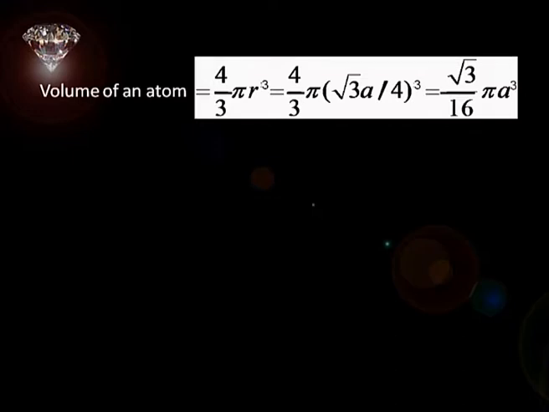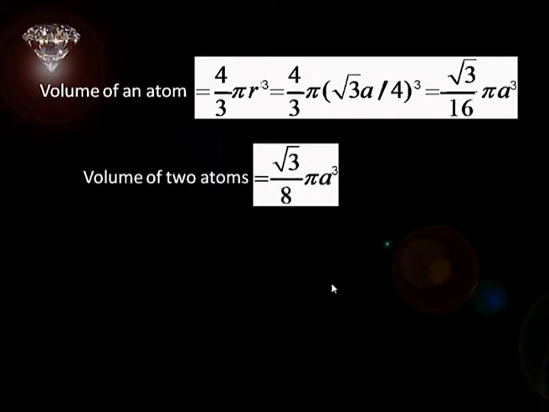So, as before, we now compute the volume of an atom, which is 4 by 3 pi R cube, and substitute R by root 3 A by 4, what we just computed. We work it out, and it comes out to be root 3 by 16 pi A cube. Then the volume of two atoms will be twice this amount, that comes out to be root 3 by 8 pi A cube, and the volume of the unit cell as before